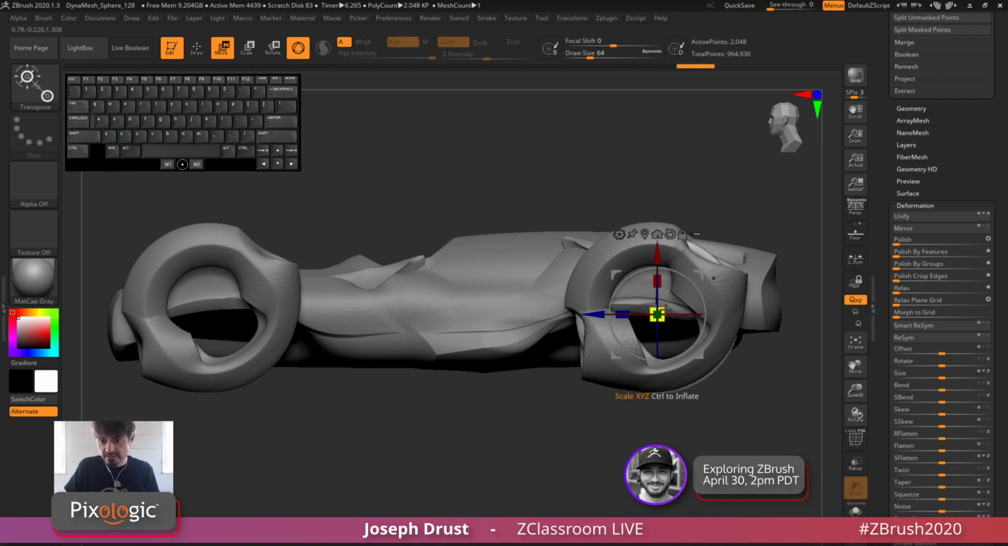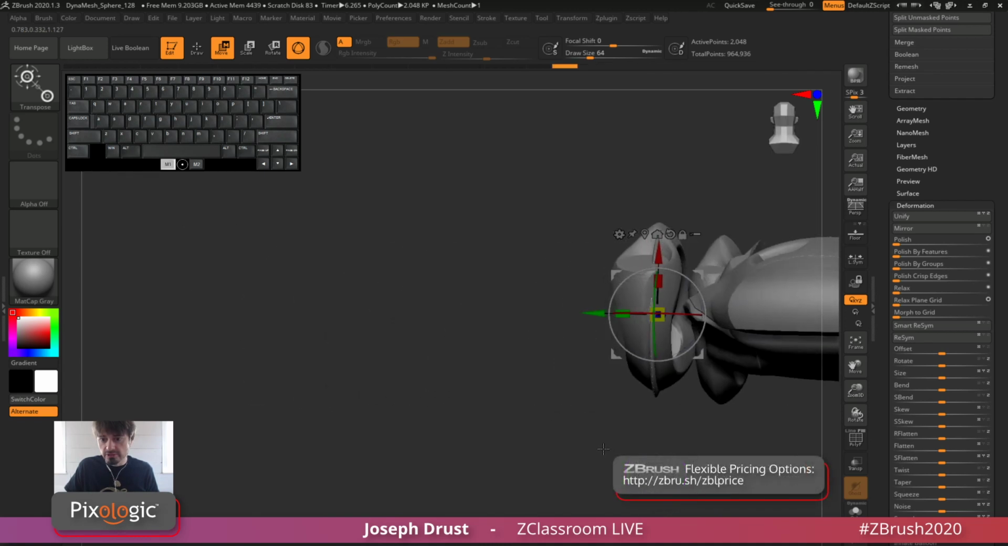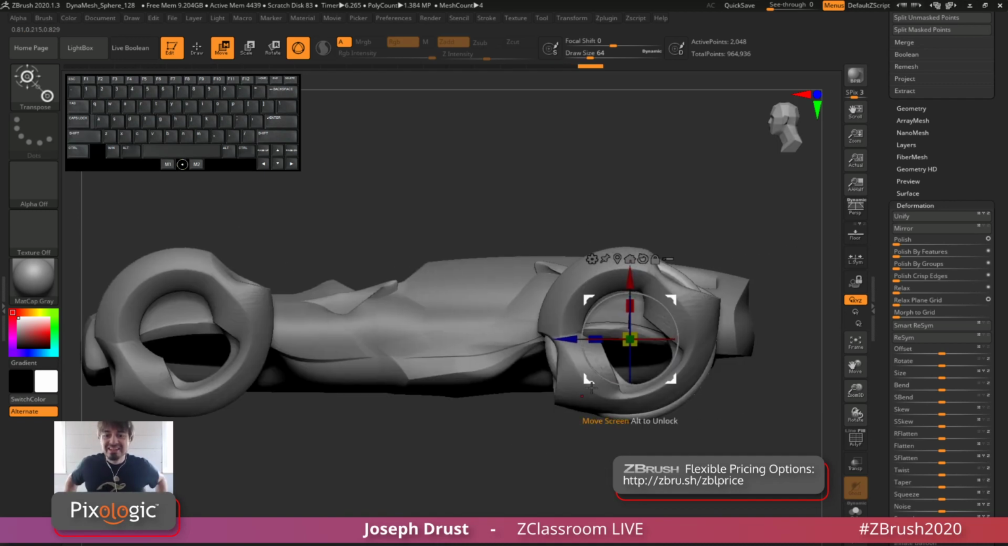So now I have that. Just scale it up a little bit more. Come on, scale. There we go. And of course, this is a razor blade. Now this is going to be just rendered from the side here, so I don't need to have it too